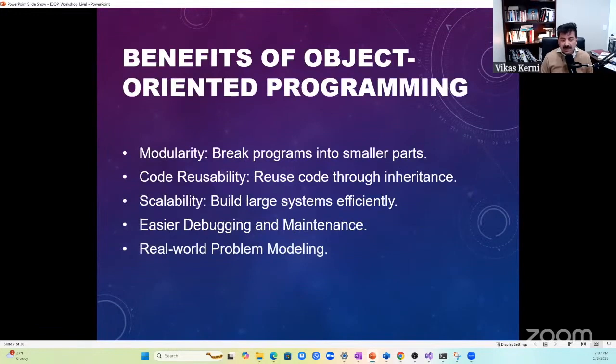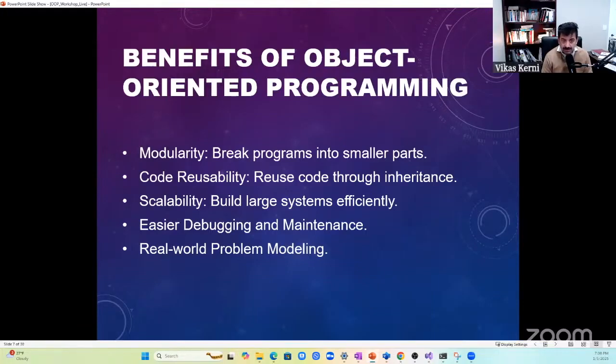So the question is, why is this so popular? I have been in the industry for more than 20 years. My name is Vikas Keni. I'm a software architect. I am a TOGAF certified architect. In all big enterprise projects, you use object-oriented programming to design your business layer. The question is why it is so popular. Why in every big project do you use this